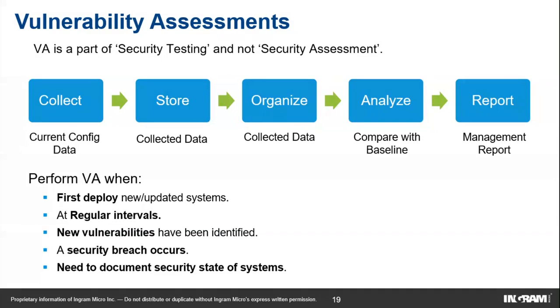We have something in Microsoft called Patch Tuesday, which means that every Patch Tuesday they are going to release patches. So we need to find out whether there are new vulnerabilities in the environment, and the vulnerability is not limited only to the OS level. You should also check at the application level. So it should be at regular intervals. Whenever a new vulnerability is in the open, try to run a vulnerability scan. Vulnerability scans are less intrusive than penetration testing, and you can cover most systems within a limited time. And if there is a security breach,